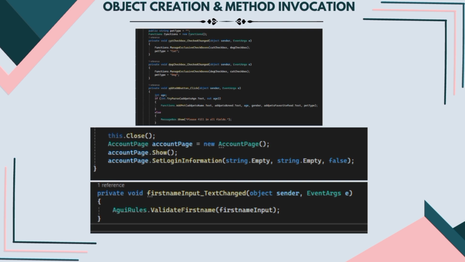Then accountPage.SetLogInformation calls the method SetLogInformation on the accountPage instance, and it passes three arguments: string.Empty, string.Empty, and then false. The false is a boolean. One is private void firstNameInput_TextChanged. It also calls the method named ValidateFirstName from the AgRules class.